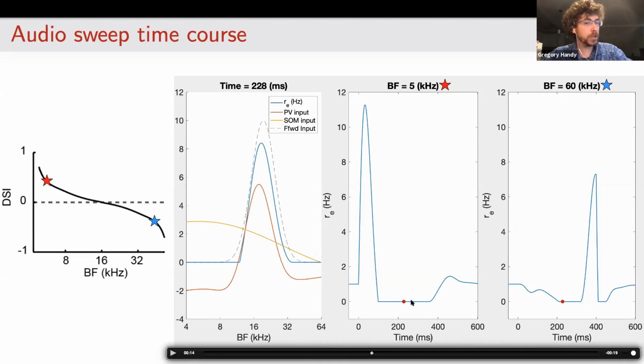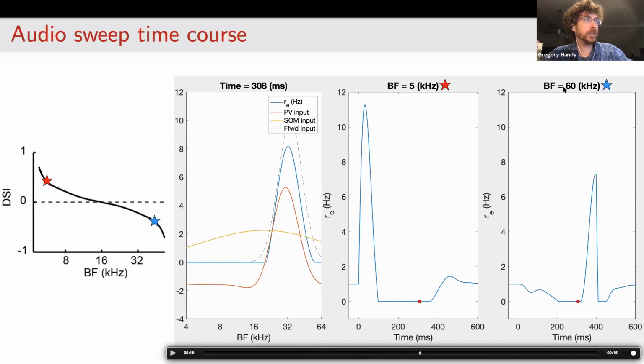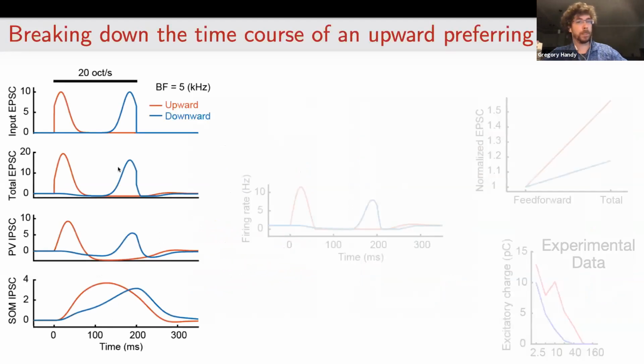We have a trailing suppression here, but that doesn't really come into play because the cells already responded very strongly. So by the time the sound gets to this high frequency neuron, the 60 kilohertz neuron, it has to overcome the suppression that's already there before responding. And the end result is a much lower peak. So again, this just illustrates all these details that I just talked through. It's very important to note that the feed-forward input is the same whether it's upward or downward,